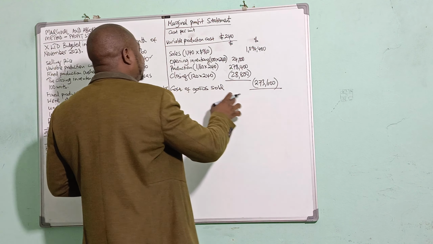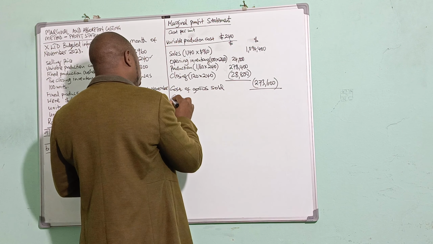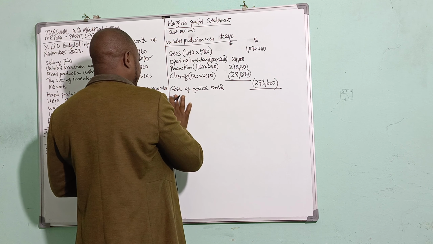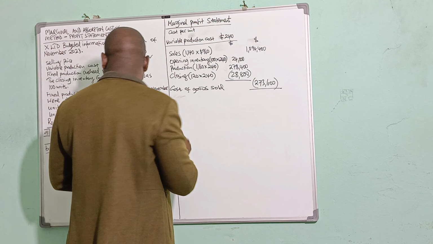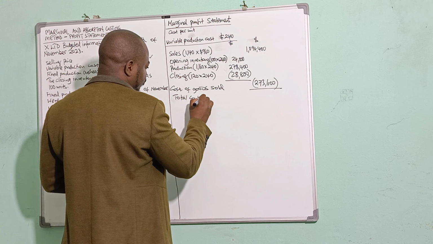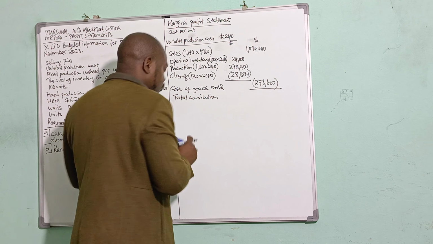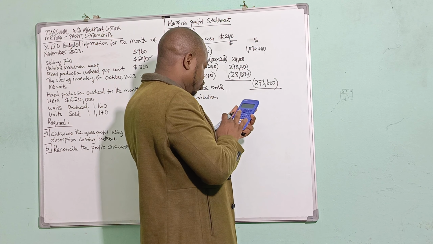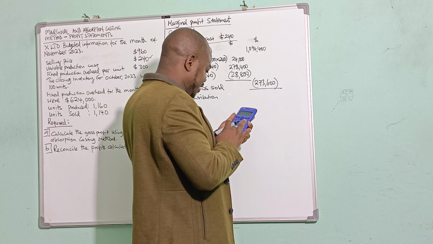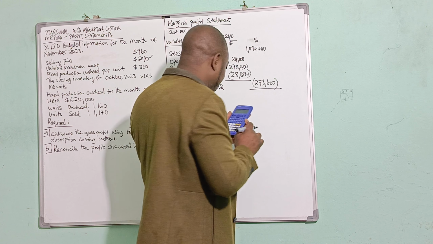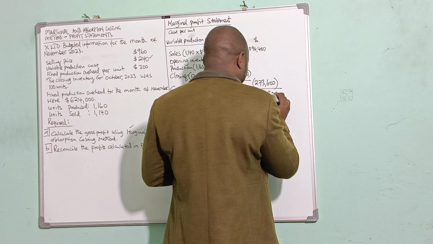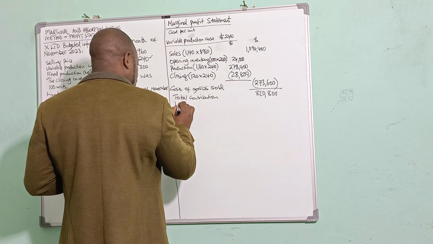So that sales minus cost of goods sold, I have the gross profit here. Let me not call it gross profit because we are only removing variable cost, so I'll call it total contribution. So my total contribution, 1,094,400 minus 273,600, I have 820,800. Okay. From here now we'll say